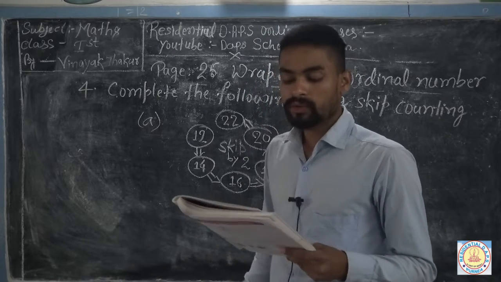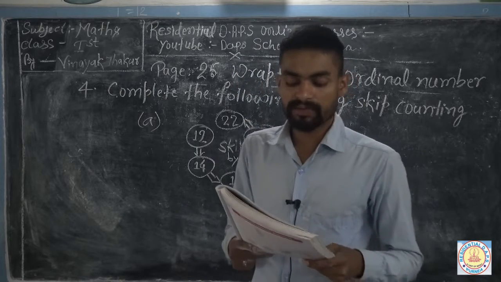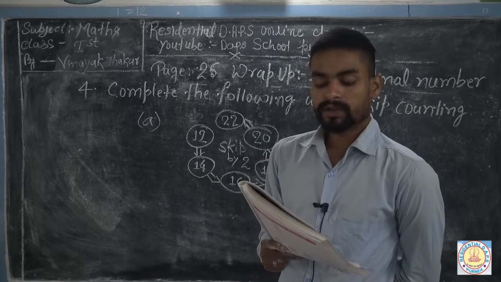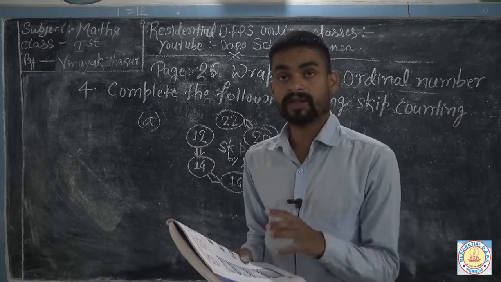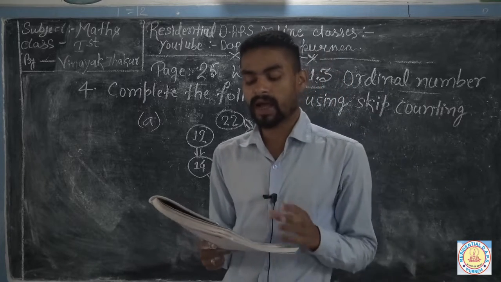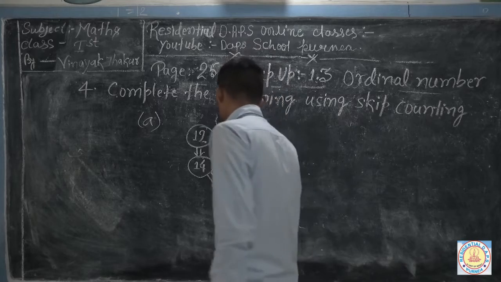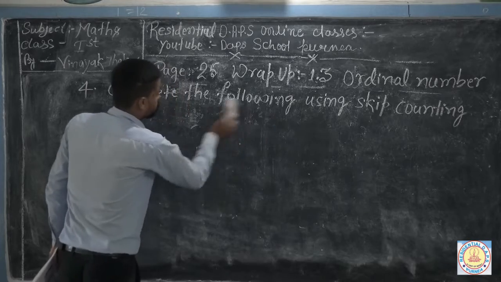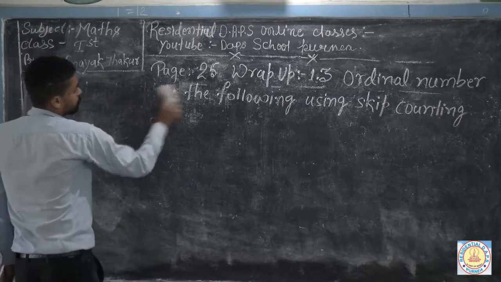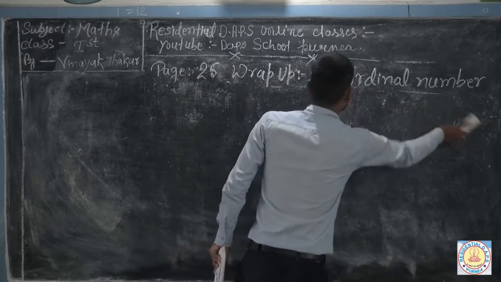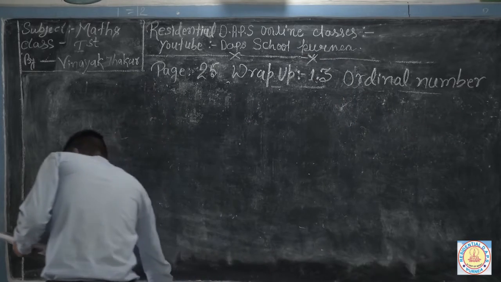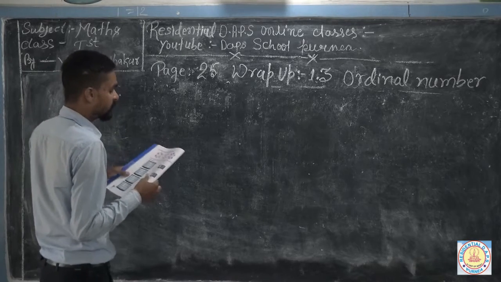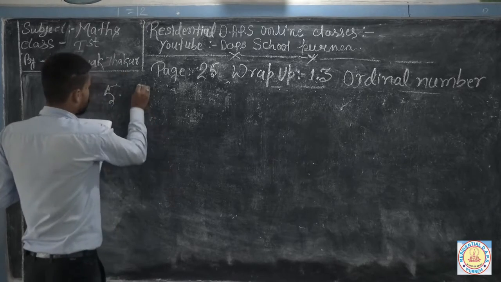So I'm going for your question number 5th, and your question number 5 says, form and write the numbers according to the given instructions. जो इंस्ट्रक्शन, जो निर्देश आपको दिए गए हैं बुक में, उस अनुसार आपको नंबर फॉर्म करने हैं। मैं एक आपको इनमें से बताता हूँ, बाकी सारे आपको बनाने हैं। So in your question number 5, form and write the numbers according to the given instruction. Question number 5A,